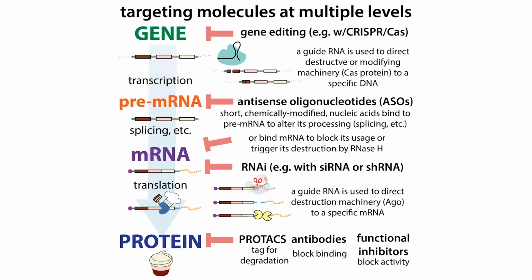Some of them just block things like ribosomes. And some of them can cause differences in splicing patterns. So how that pre-messenger RNA gets processed. And then the main way that you typically see them used, especially in the case of reducing a protein, is by going after and binding the mature messenger RNA and causing it to be cleaved by an enzyme called RNase H. In RNA interference, here you're using an RNA guide, and it's going to bring in a different nuclease,